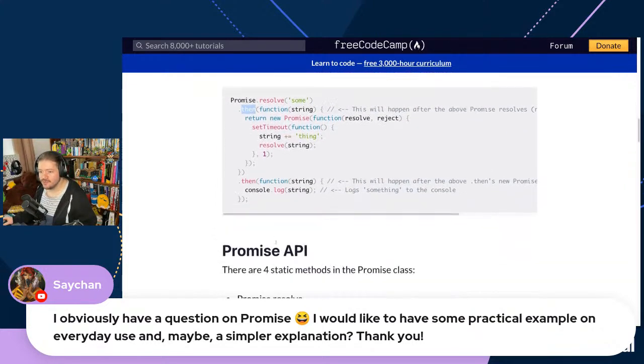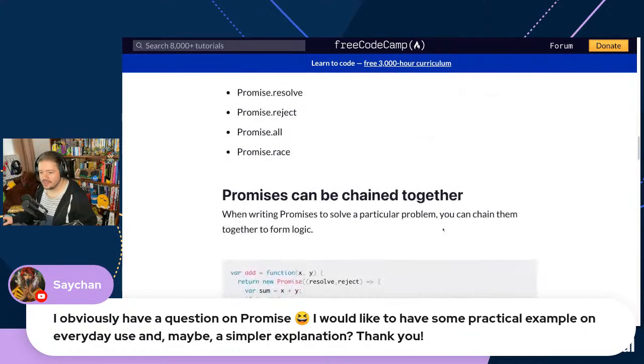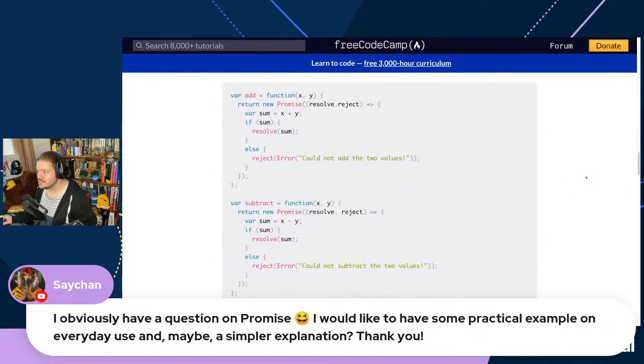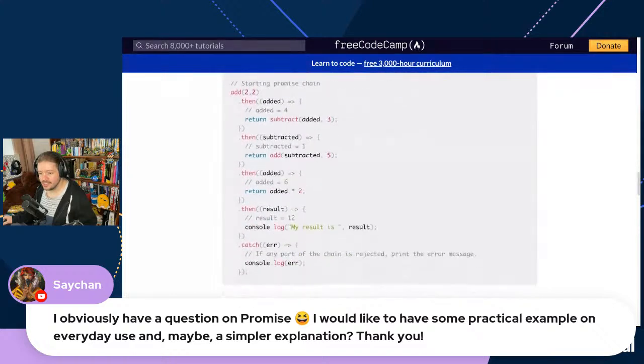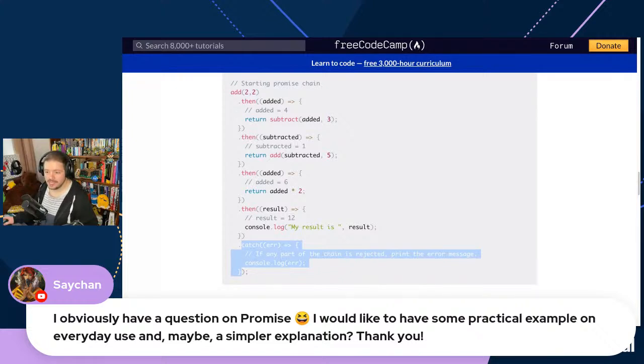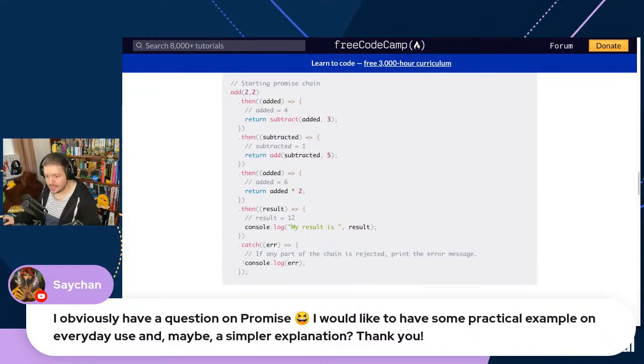Otherwise, let me just look for an example that uses catch. I'm just going to scroll down a little bit. So if a promise does not resolve successfully, then we'll use the catch statement here to be able to say, hey, the reject statement is now being run. My promise did not run successfully. This is what you'll do in that case, which in most cases is going to be a failure state or an error state. I suggest checking out this article,